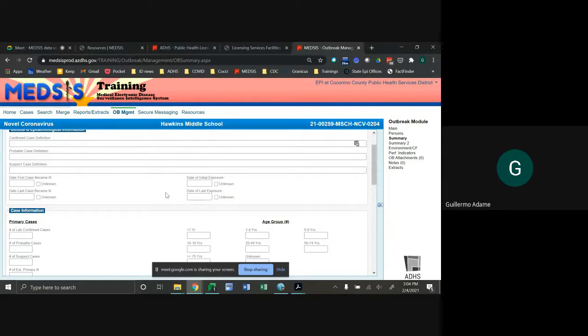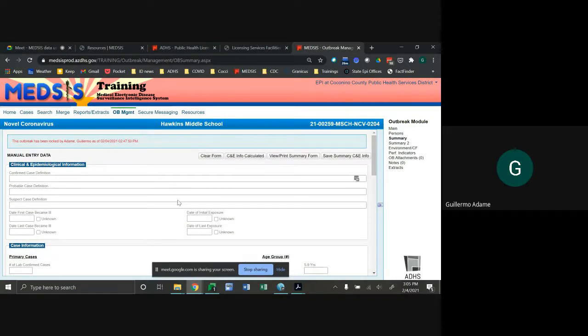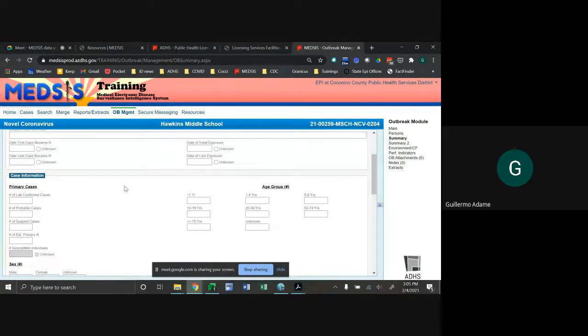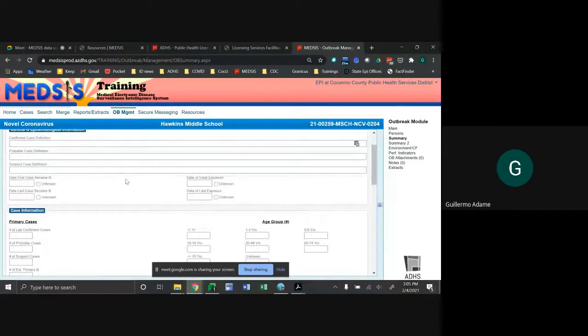I know that's all a bit confusing, so let me say if there is no outbreak-specific case definition being utilized for this outbreak, which is what we generally expect, then the case definition fields are not required. You can leave them blank. Also, we have more guidance in our COVID outbreak definitions and outbreak module guidance documents, which should be helpful in trying to understand the surveillance case classifications versus the outbreak case classification.